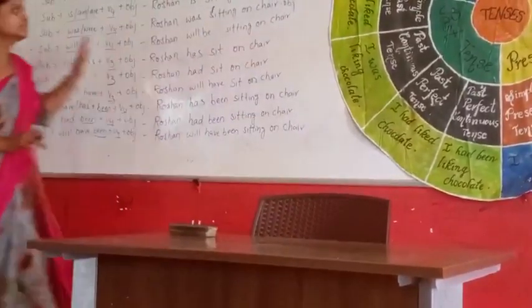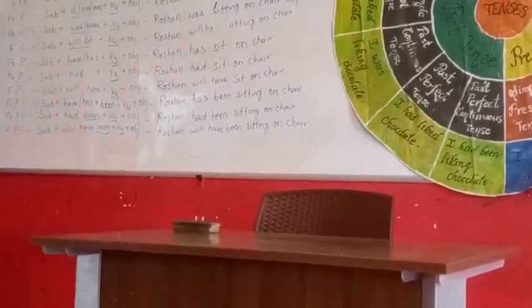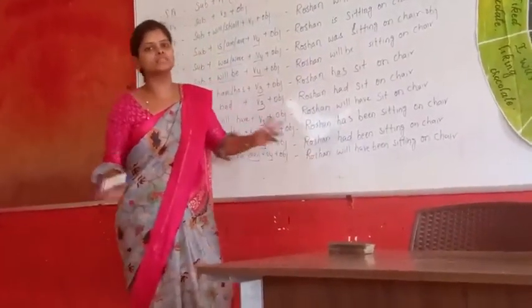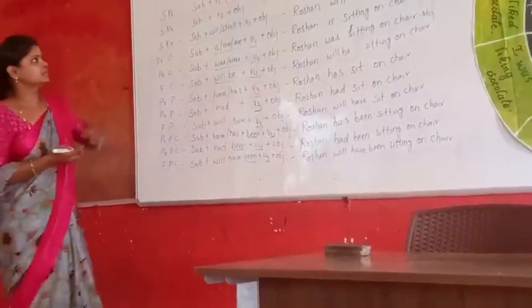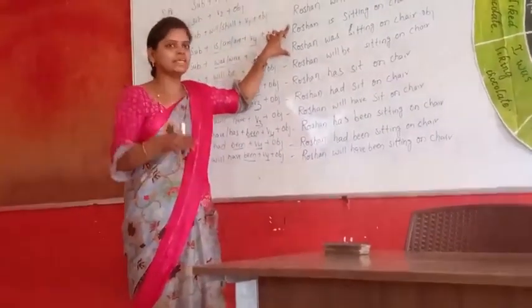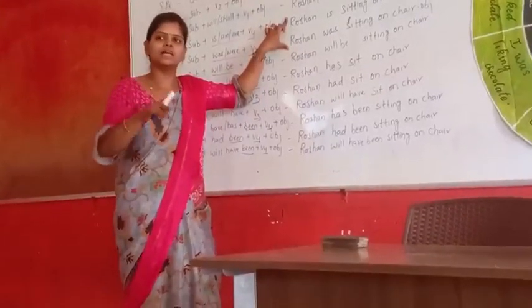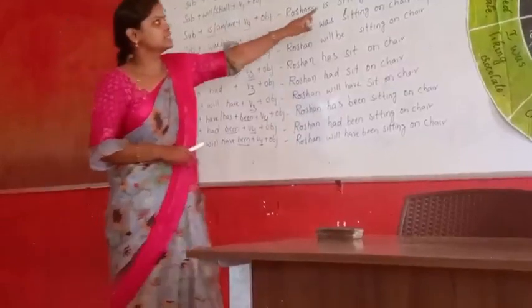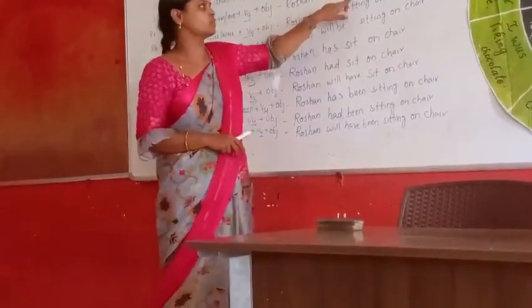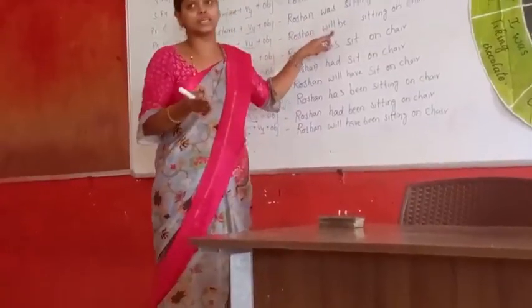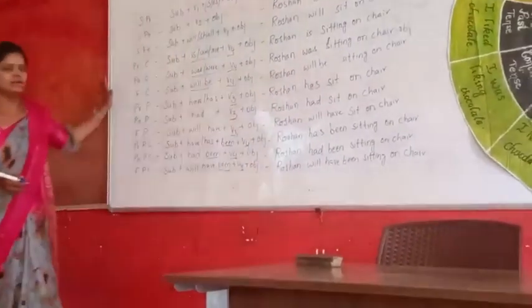This is the brief about all 12 tenses. So one sentence we can change into 12 forms according to the situation. This one will be happening in present, past, future. This is present tense, which is happening continuously at the time of speaking, so we are using V4. In the same way it is in past tense. This will be in future tense. In the same way, all tenses are